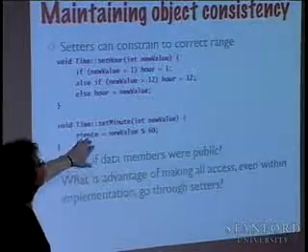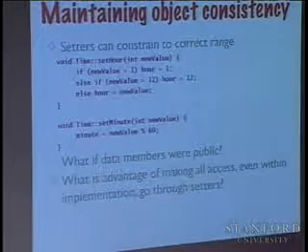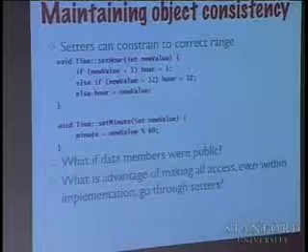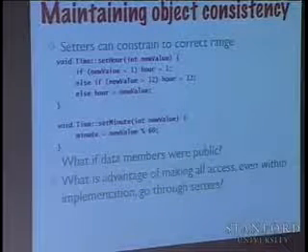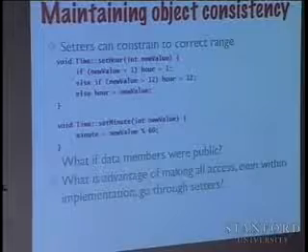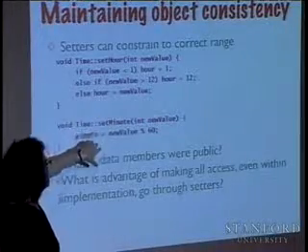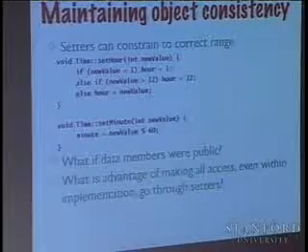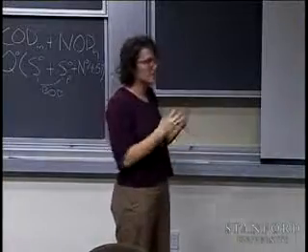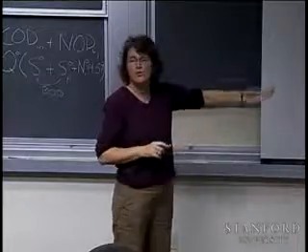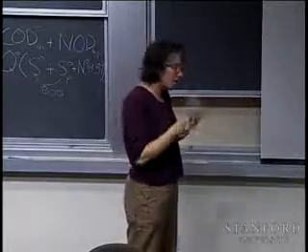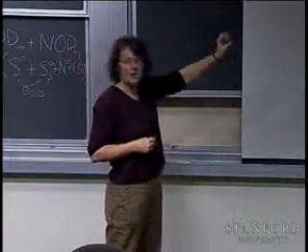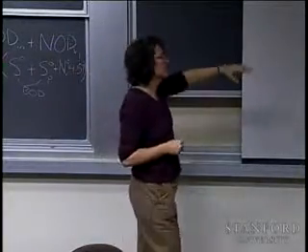Similarly, something about the minute. If they give me a minute that's not between 0 and 59, that doesn't make sense. And so I just modded it, to take the lower order part of it. Imagine that in all of the time class, these are the only places where I ever assign to hour and minute. Everywhere else where I want to change it, I say, here, change it by this much, or here's the value I'd like to set it to. Let me ask set hour to do it on my behalf, so that if I've made some error in the calculation or I've been asked to do something kind of ridiculous,